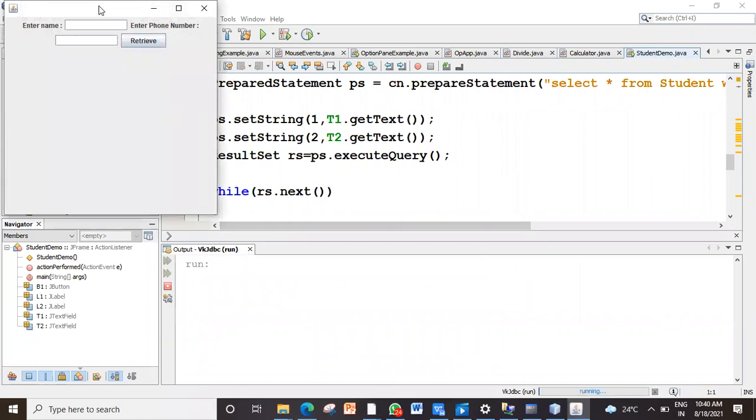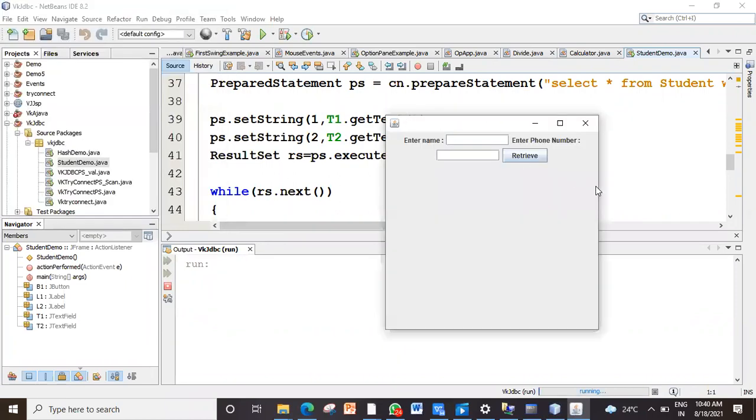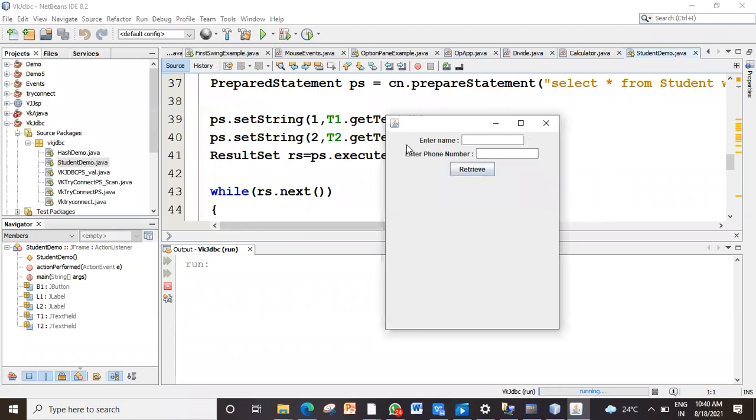Can you see the output here? Because of flow layout, those controls keep flowing as per the size. So name, since I know the values, oh, the problem is last year I had created the student table with name, and now in my DBMS I have a student table but with different values.